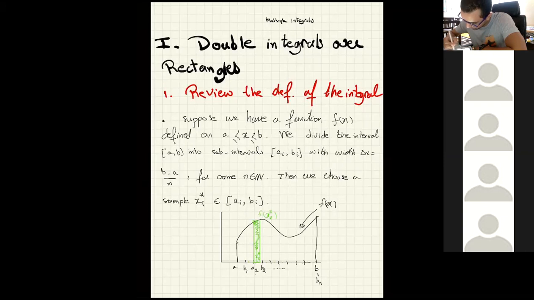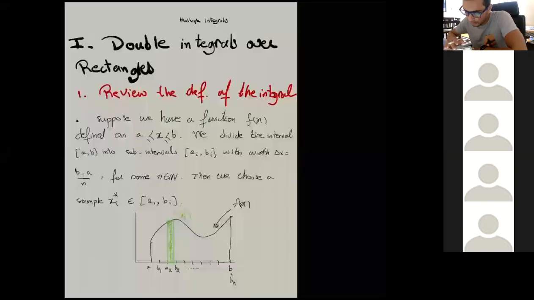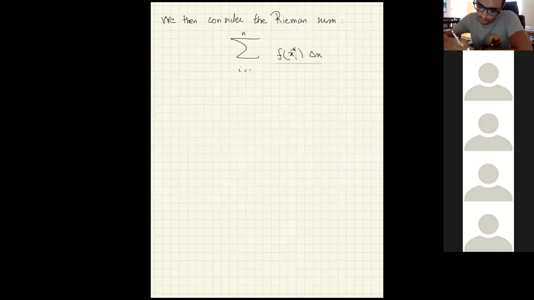So now you can remember that as you increase n, these rectangles will be smaller and smaller, and we'll have a better approximation, because remember, this is just an approximation. You can overestimate the area under the graph because you can go outside the region with this rectangle. So what's the idea? The idea is to consider the Riemann sum, and